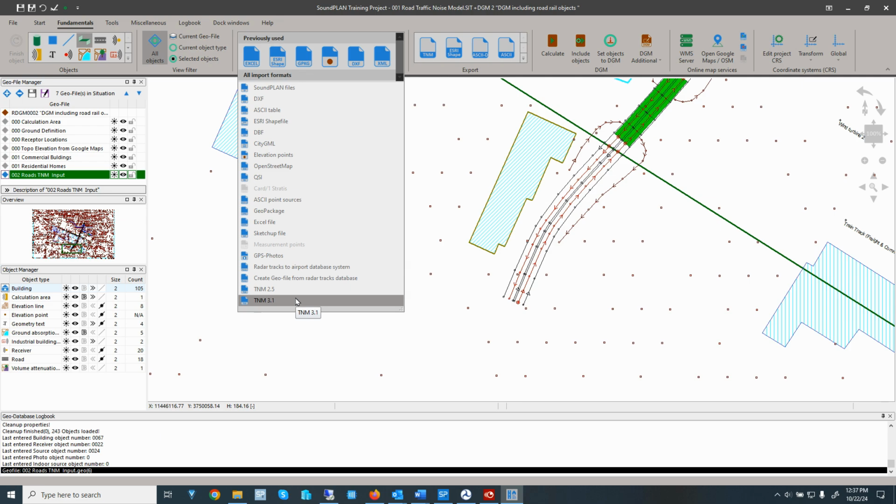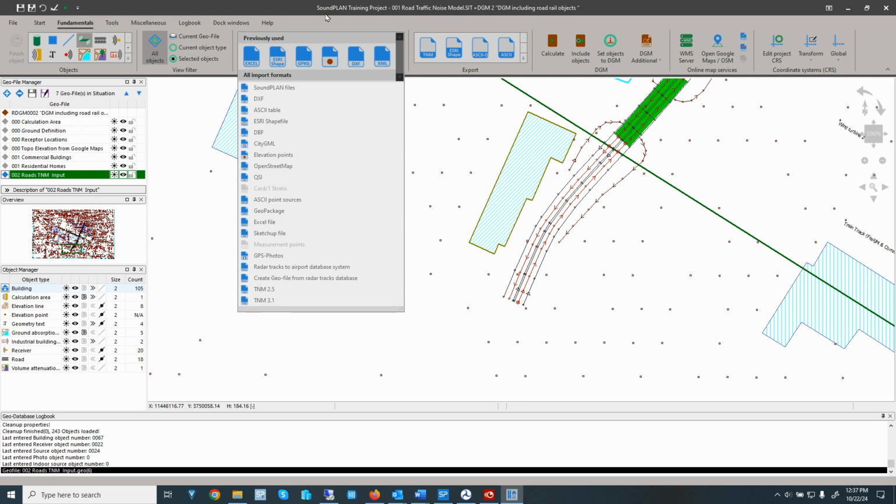For the TNM 3.1 and 3.2 interface, we are using the TXF format that TNM has, which is an extended XML format, and all the data gets transferred through that XML format.